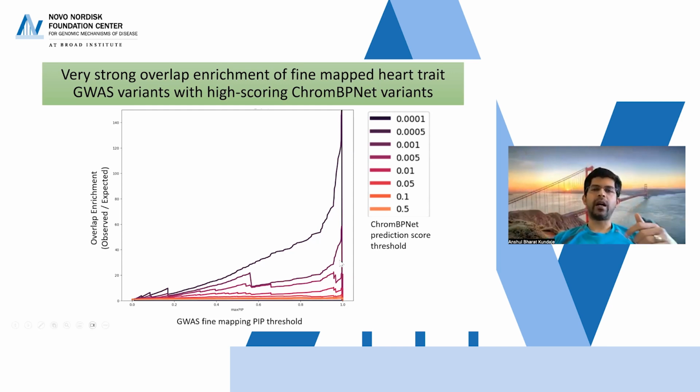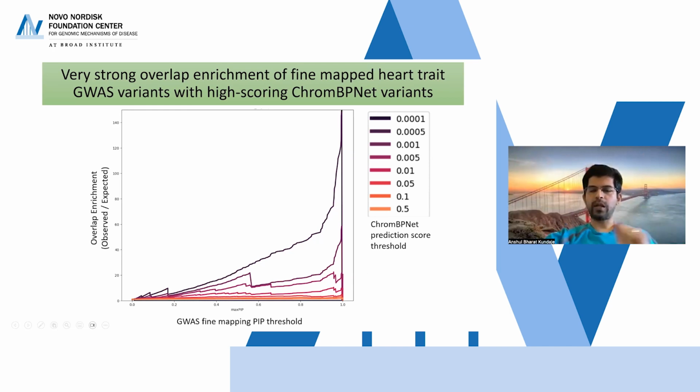So now we're taking a whole bunch of heart GWAS variants. This is a bunch of heart-related traits, systolic pressure, and so on, and there's really nice GWAS data, and there's fine mapping from Hillary's group, right? So what we're showing is as a function of posterior probability of fine mapping. So we're going from low posterior probability to high posterior probability. So we're changing the PIP threshold, and we're changing the ChromBPNet threshold as well of predicting, is my SNP